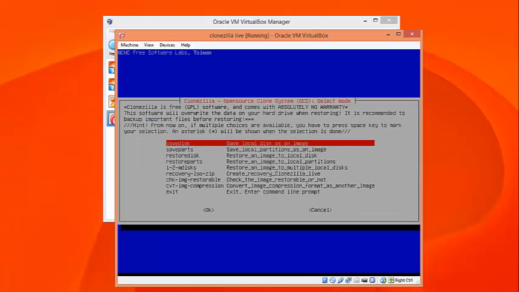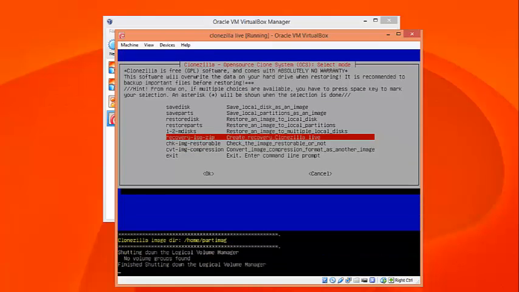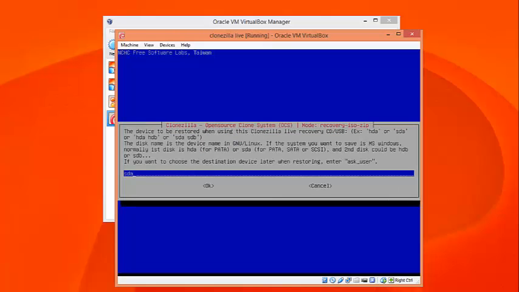We'll just go to beginner mode, and then here we actually want to create a Clonezilla live ISO, and then I've got an image that I made earlier for cloning Ubuntu. We're going to use the image that I just made on the Windows 7 32-bit, and what this is going to do, and I'll tell you,